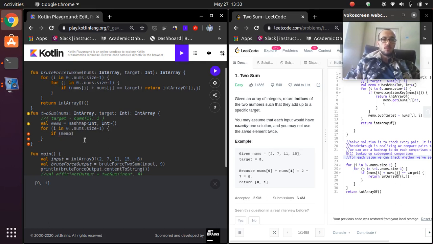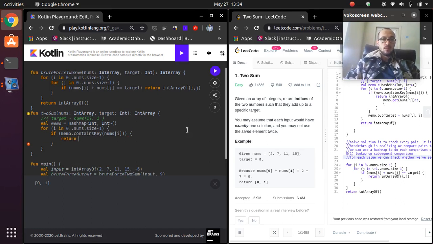Does our memo contain the key? So if we're on 2, does our memo contain 2 and the index of 2's complement? So if we do find the complement in our memo, we're going to return an int array